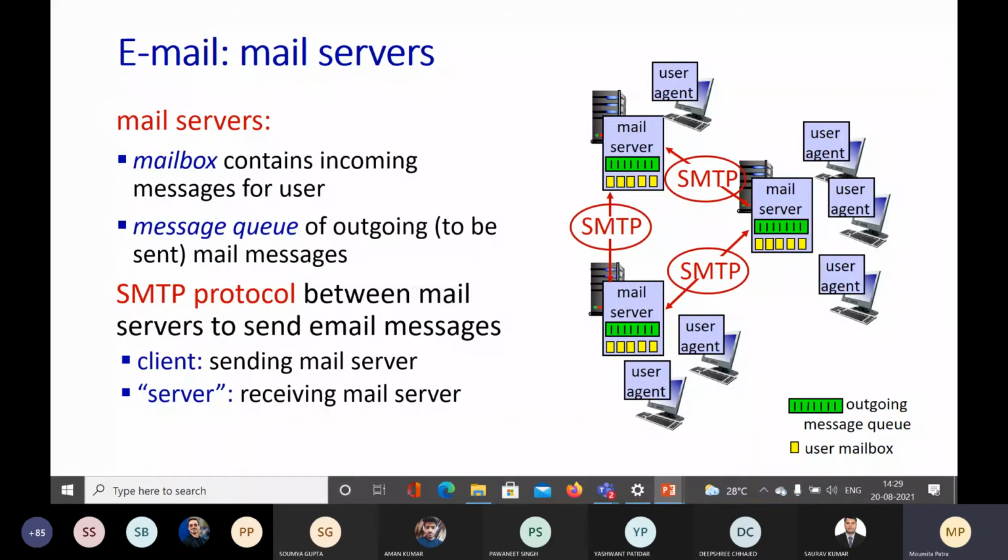Now, how do the mail servers communicate with each other? They communicate with the help of the protocol known as SMTP, or Simple Mail Transfer Protocol, which is basically a protocol established between mail servers so that they can exchange email messages. Whenever a user needs to send a message, it will send it to its own mail server. It will stay in the message queue of the corresponding mail server, and that mail server will now act as a client